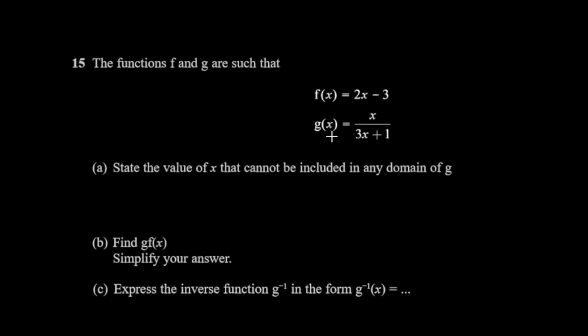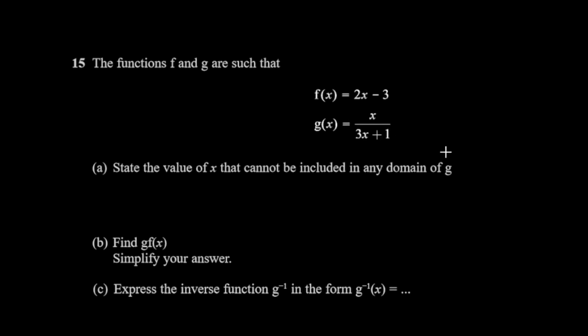Question 15 offers us a composite function question. First of all, part A says, state the value of x which cannot be included in any domain of g. What they're really saying is, is there a value of x which makes this expression go mad? Well, we're not going to be taking square roots of negative numbers, but we can cause the denominator to be 0. And if we divide x by 0, yes, we will get an infinite result, and that indeed should be